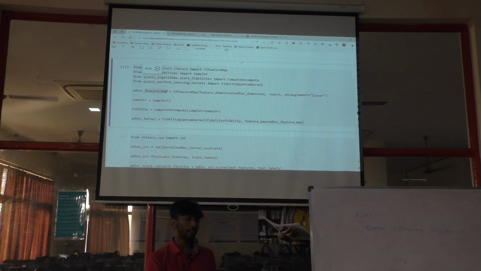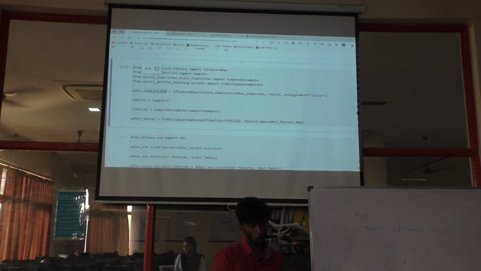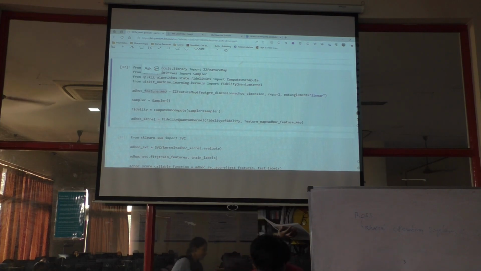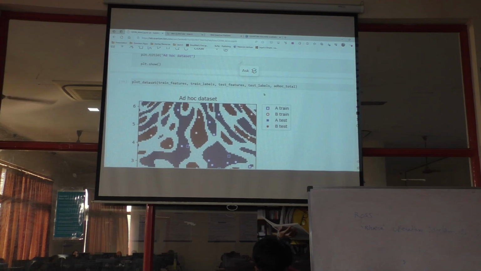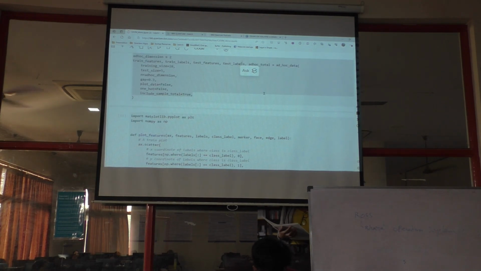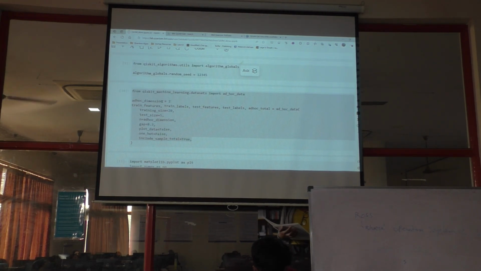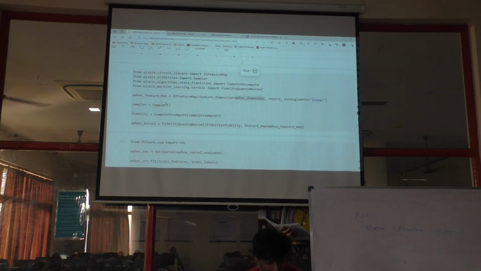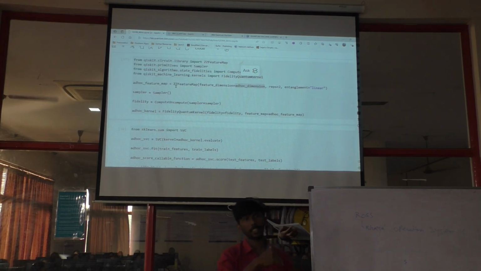You can define multiple feature maps, and what you do is essentially put your data, the data that we have created here, into the feature map. Essentially, you are translating it.